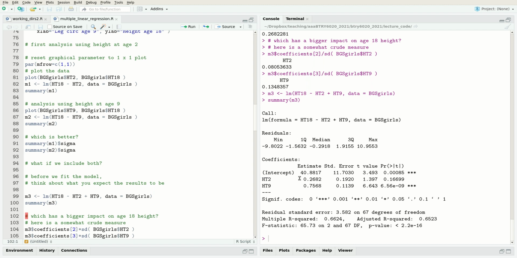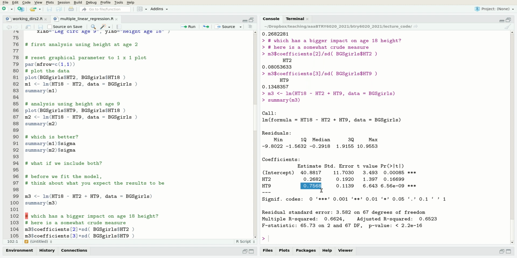So what this variable means is that we expect height at age 18 to increase by 0.27 when height at age 2 is increased by 1, but height at age 9 is held constant. And then likewise, this is the effect of increasing height at age 9 by 1 while holding height at age